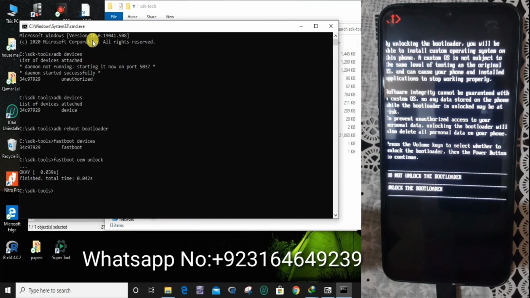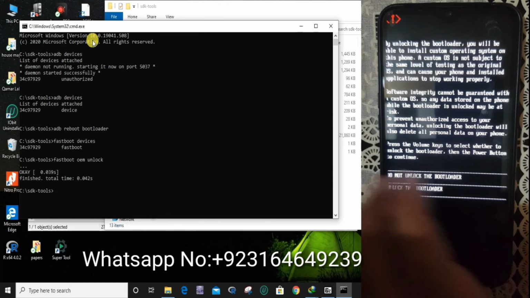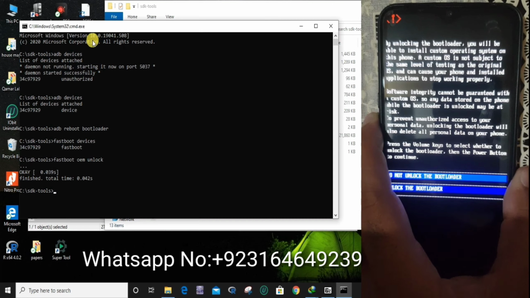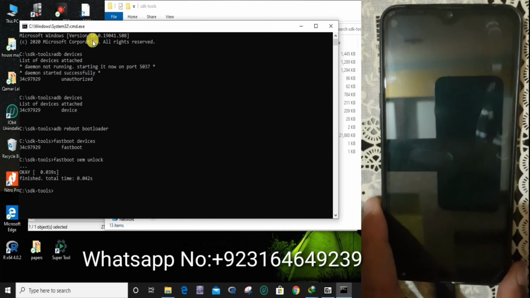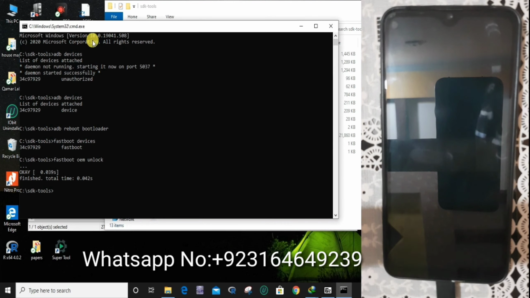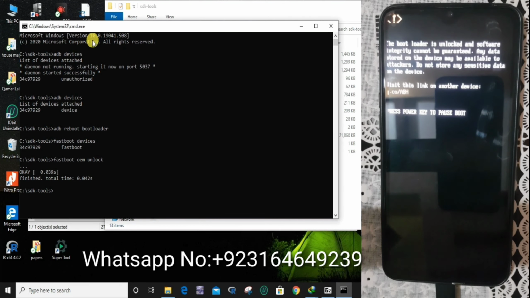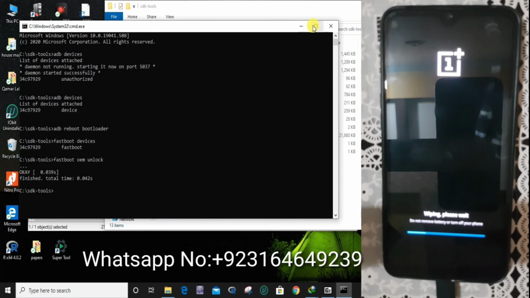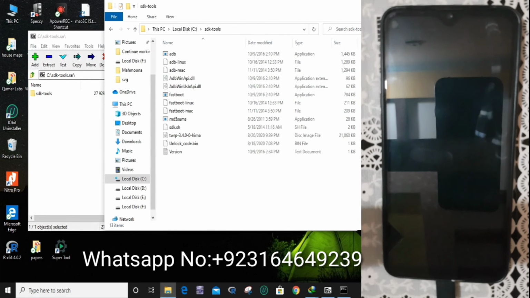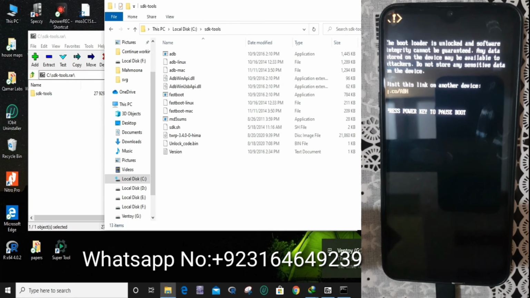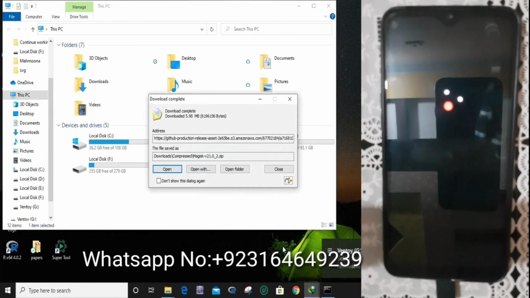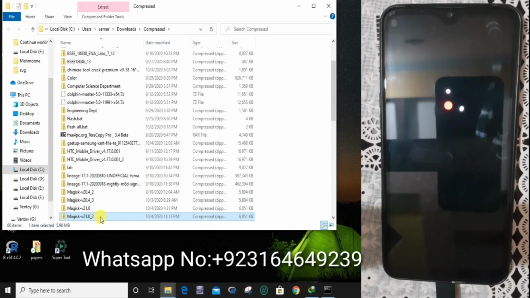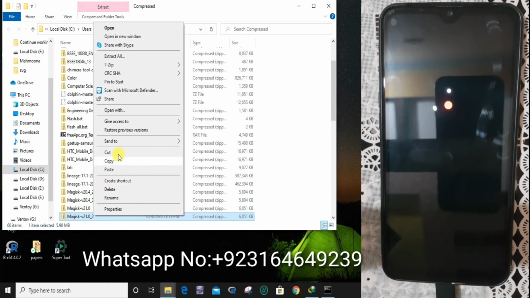For this step, for some mobiles such as Realme, you need to go to the depth test, and for some HTC devices, you need to take a bootloader code from their website, which is dev.htc.com. You should remember that your data will be formatted, so you need to make a backup of your mobile before OEM unlocking or bootloader unlocking. It is wiping my mobile data.